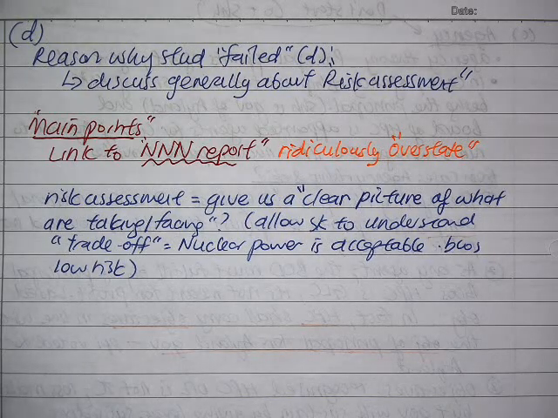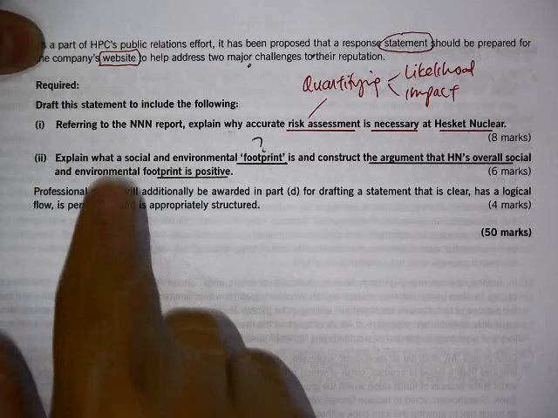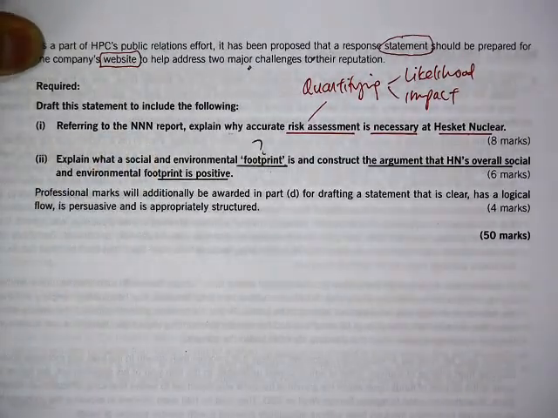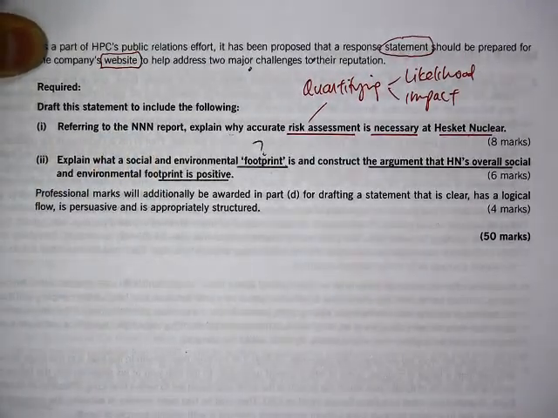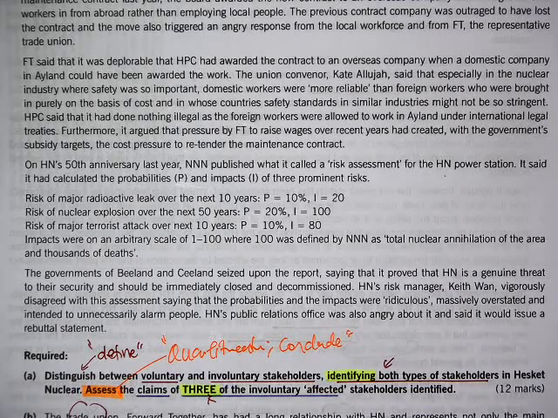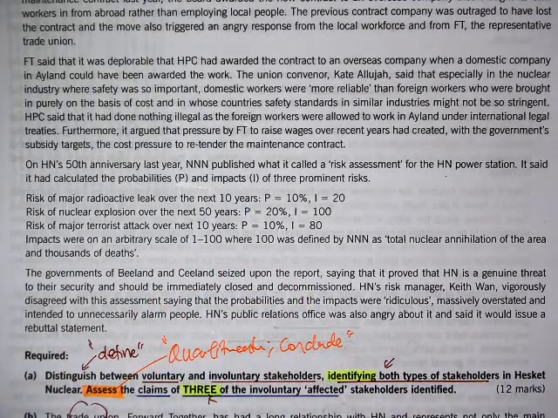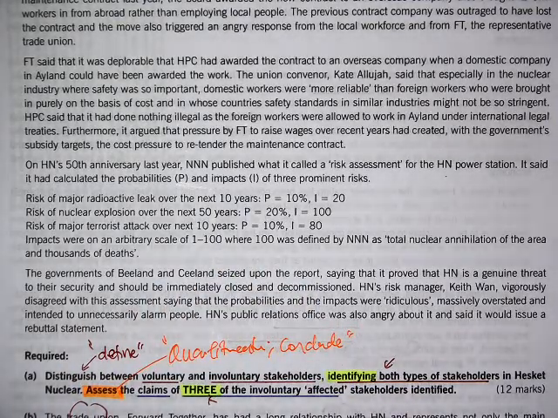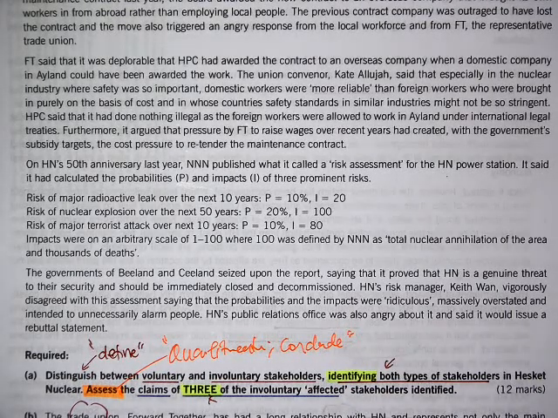And you are not talking about, oh, risk assessment is important because we know the likelihood, we know the impact. Then you are wrong already, because you are telling me about the risk assessment. You are not telling me about the report. I want you to tell about the report. And the report is attacking you in the sense that, hey, your business is very risky. That is the report. That's why you must tell them this report is wrong. That's why you misunderstand our business. We want you to know, if you don't have a correct risk assessment, you will not agree with our business